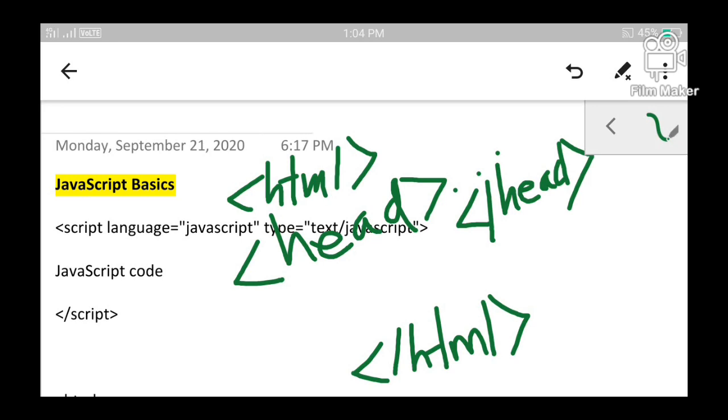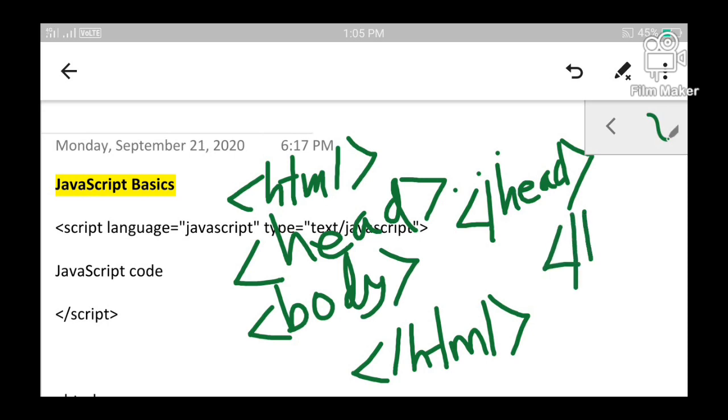Similarly, an HTML document also consists of another section known as the body section. The body section begins with the <body> tag and ends with the </body> tag.